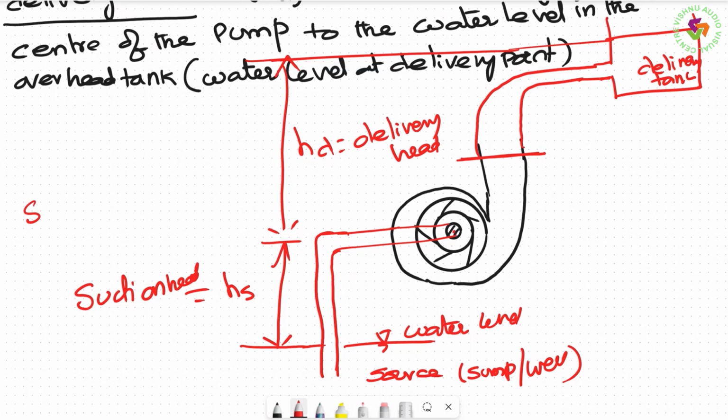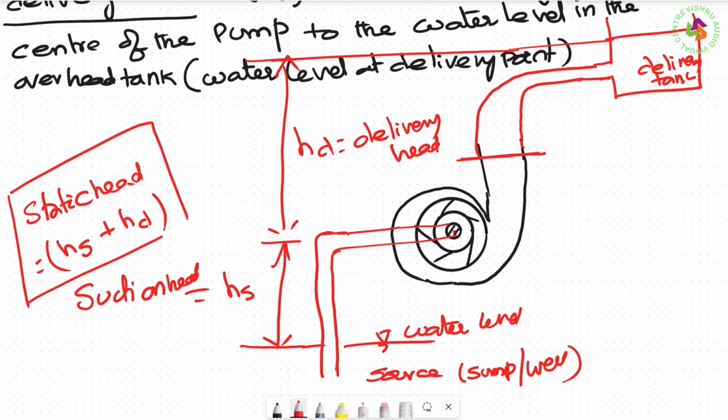And what is static head actually? Static head is equal to suction head plus delivery head. This is one of the important things actually. So three heads which we have covered now, and I will go into the last one, the fourth one,